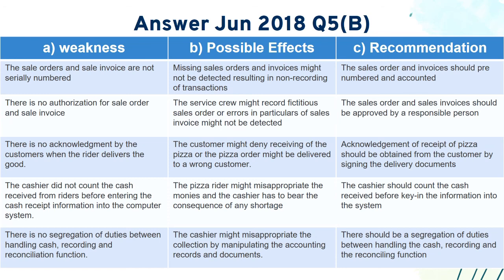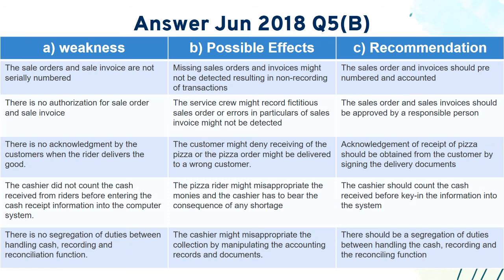The second weakness is there is no authorization for the sales order and the sales invoice. The possible effect from this weakness is that the sales crew might be recording fictitious sales orders, or errors in particulars of the sales invoice might not be detected. So in order to solve this weakness, the sales order and sales invoice should be approved by a responsible